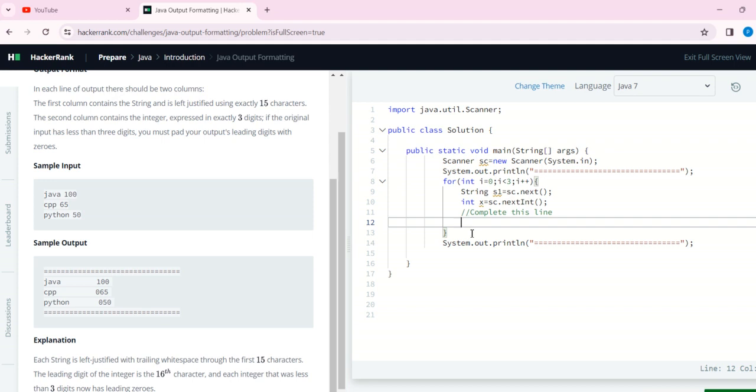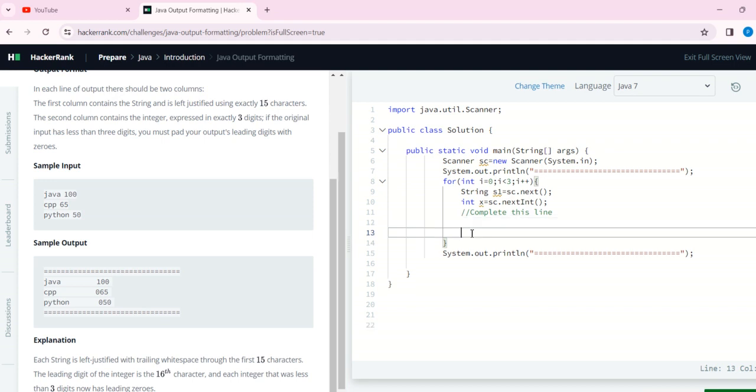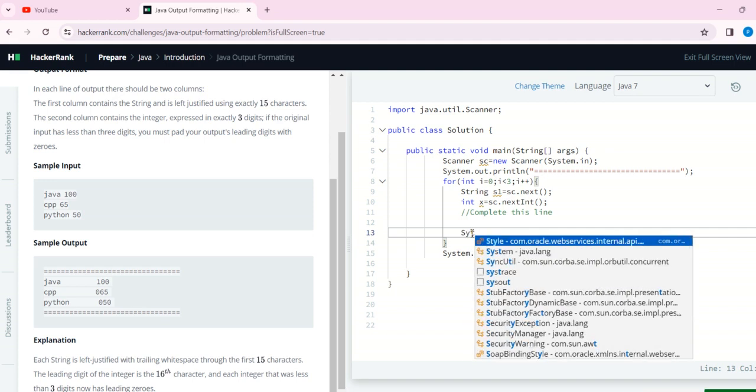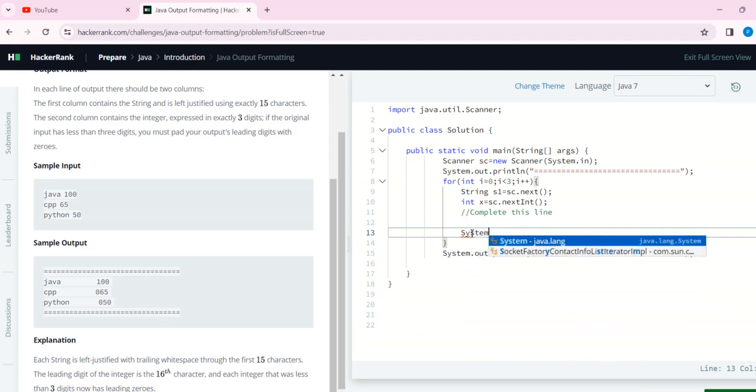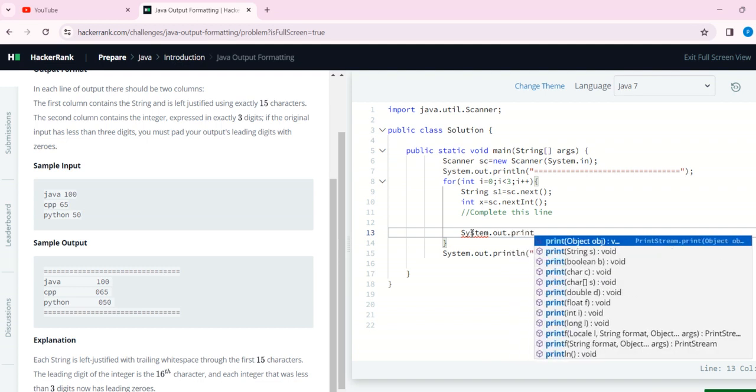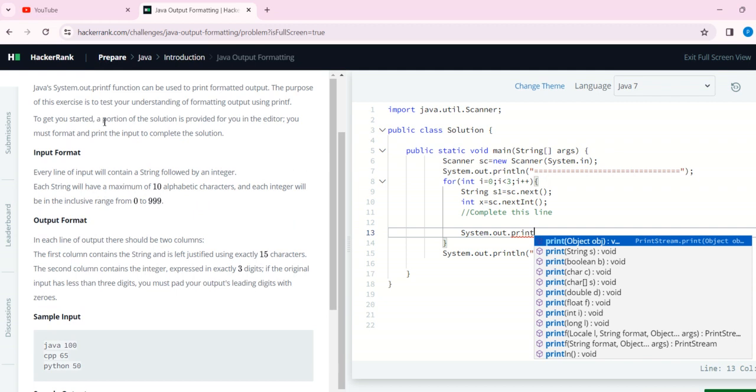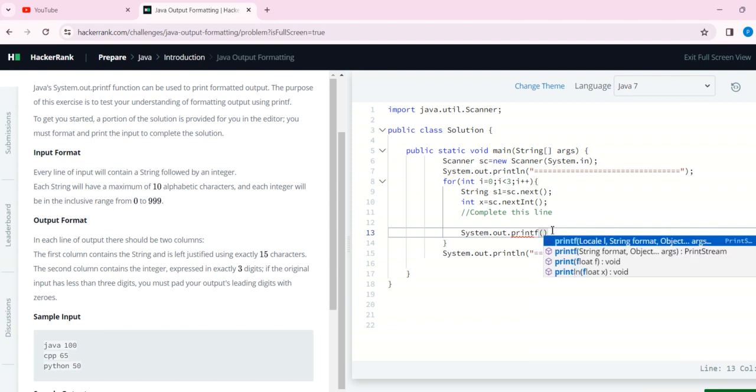Now we have to write the output. You see that we have used System.out.printf, because before the question it was already said in the note to use the System.out.printf function.